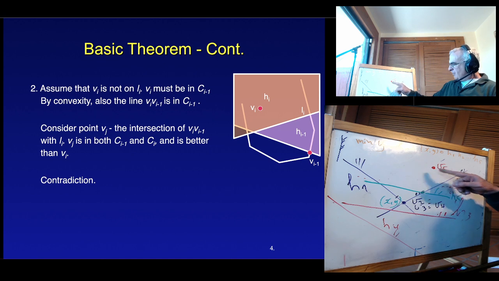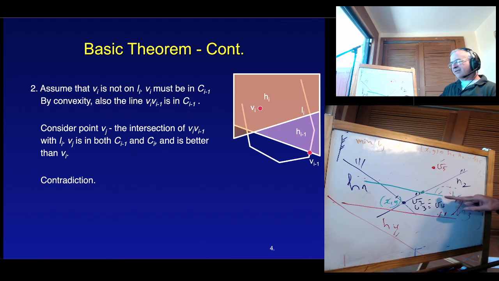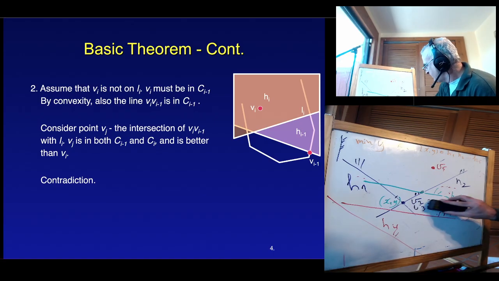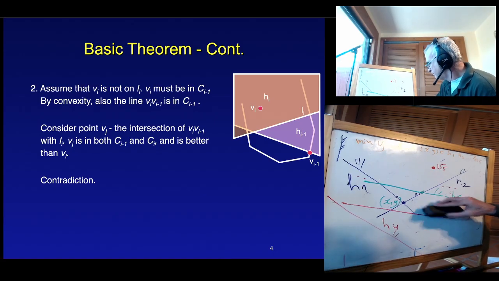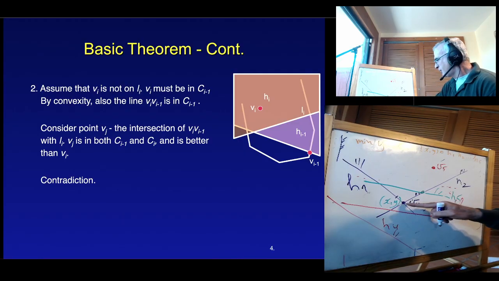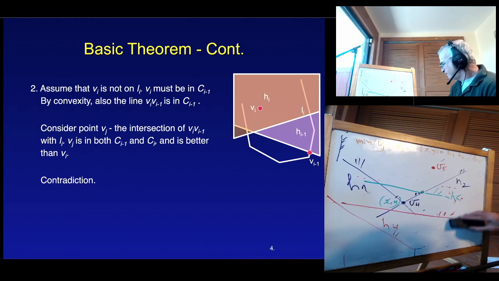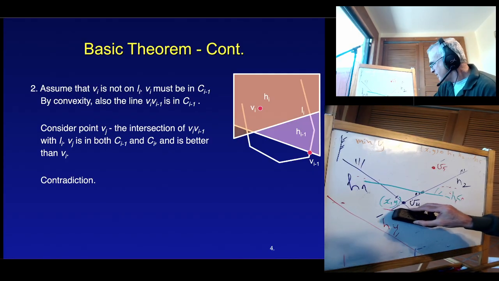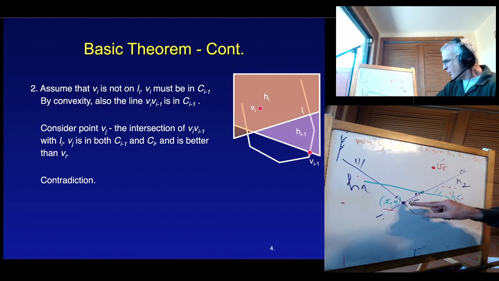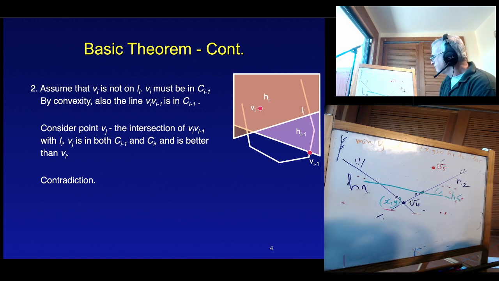Okay, what about v_2? It's inside all the half planes, excluding H_5. It used to be the optimum solution so far. This is v_4. Let's clean it a bit. This is v_4, so in particular it is inside H_1, H_2, H_3, H_4, but not inside H_5. I know that it's not inside H_5 because that's a case that we are handling, in case the old solution is not inside the last half plane that we added. So v_4 is